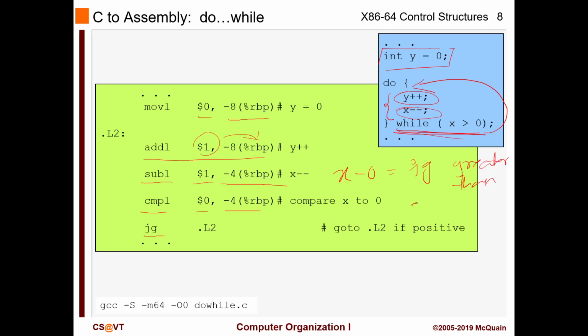So we are basically checking whether x is greater than 0. If it's true, go back to LO2, otherwise break the loop. Over here you have noticed that we are not doing a completely opposite condition. In this case, we are just using the normal one, because this one is much easier to check rather than